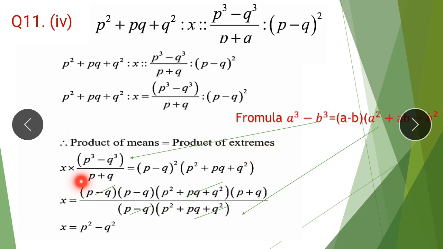As you want to find the value of x, x should be kept alone here, and you are going to shift these values which are not required with x. As you know that p plus q is being divided here, so it will get multiplied and come in the numerator, whereas p cube minus q cube is in the numerator, so it will be in the denominator. Here it is done directly. For simplification, we have to apply the formula for further cancellation.